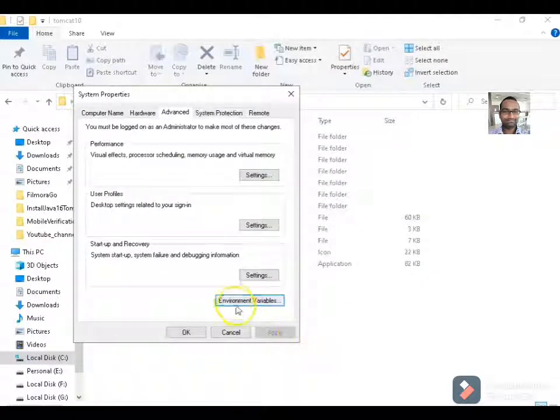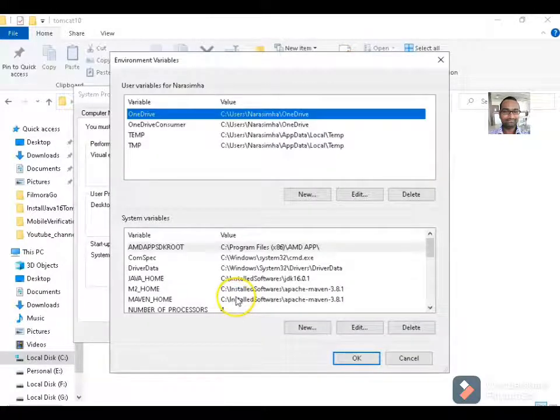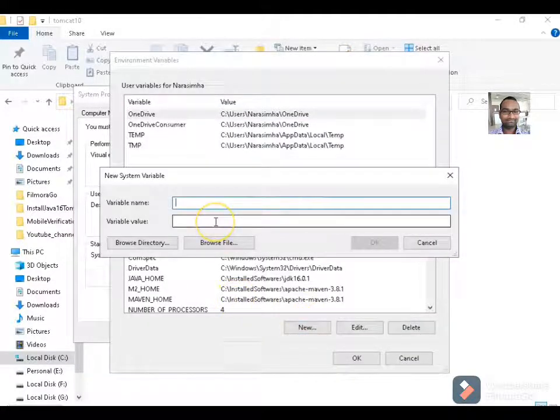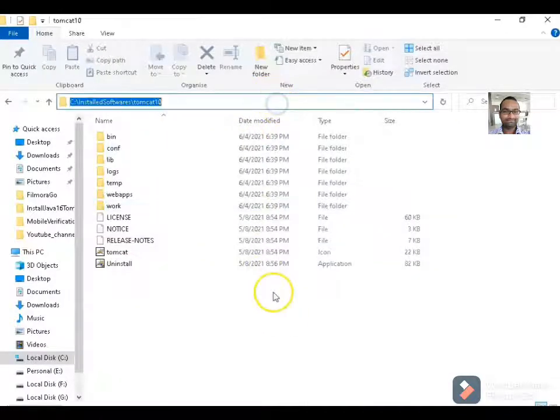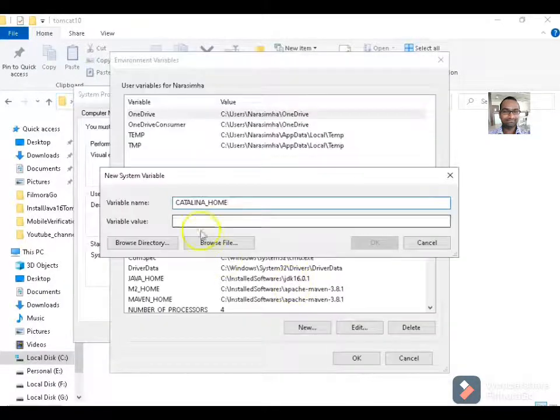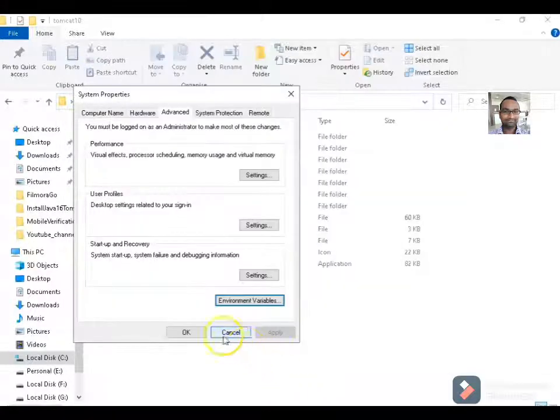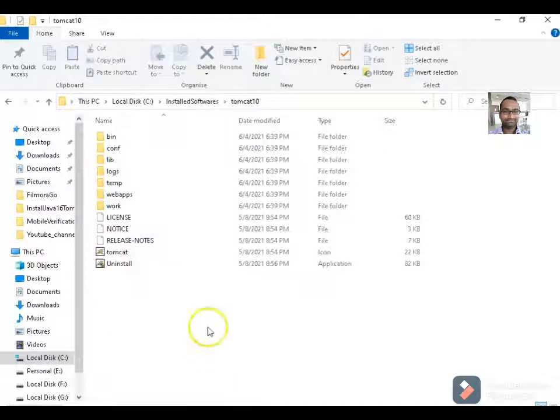Click on OK again. Click on environment variables again. Click on new again. Enter CATALINA_HOME and take the Tomcat installation location and put it as variable value and click on OK. Click on OK again and finally click on OK.